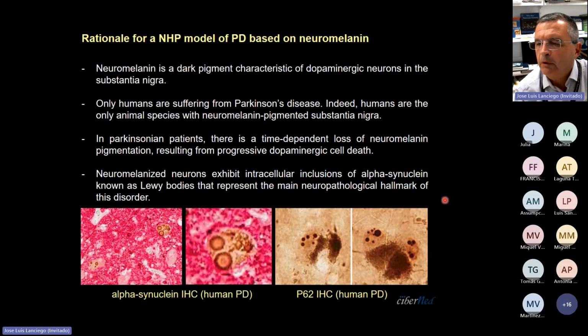As Michael said in his introduction, we are using gene therapy from two different perspectives. We are using gene therapy for disease modeling, trying to generate animal models that are better than the ones currently available. And on the other hand, of course, we are also using gene therapy for therapeutic purposes. What I'm going to talk about for most of my part today is the use of viral vectors for generating better